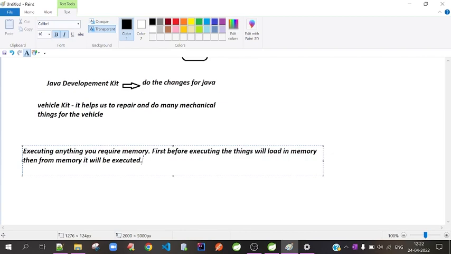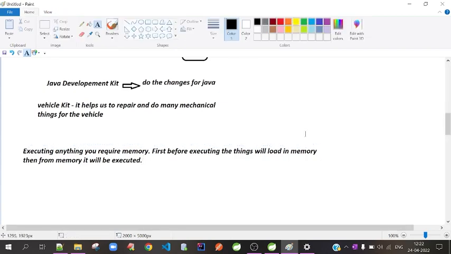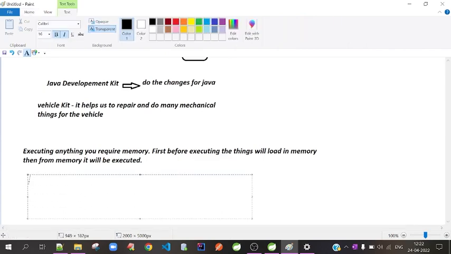Where is the memory? We're not talking here about the storage size you have, 1 TB, 250 GB, 350 GB, 500 GB. I'm not talking about those. I'm talking about the memory that is required to execute. Do you see that memory is there? No. So JDK, Java Development Kit, provides the JVM,